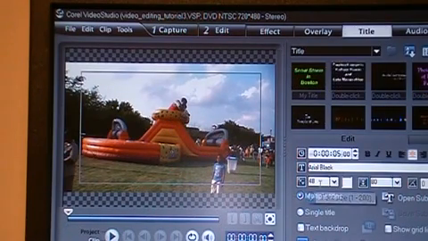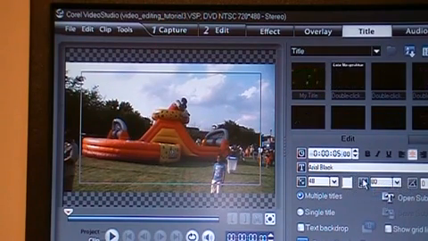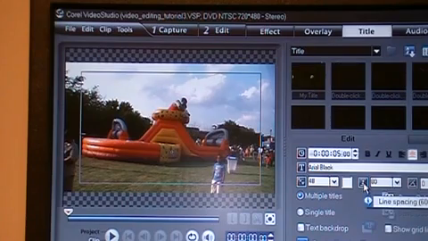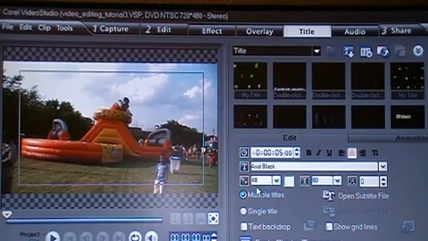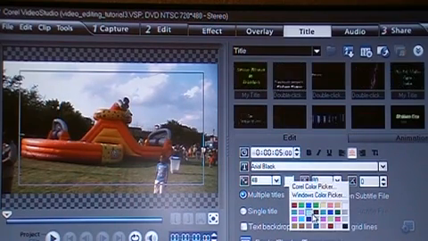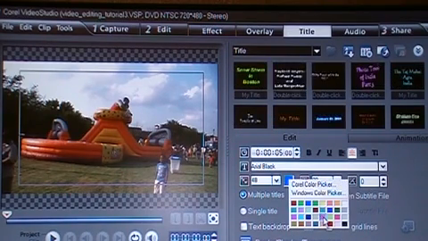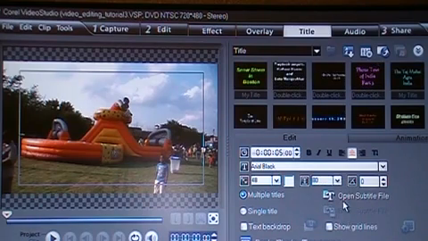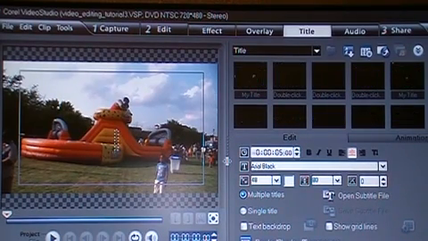Now you have a choice of different kinds of fonts and colors and line spacing and all that. Okay, I have chosen, for example, Arial Black. It was chosen already. The size is 48. Color is white. You can change it to any color you like. Let's say blue or whatever. I'll keep it white. White is good. Now I have to double click here to begin typing, and let's say we type something like my